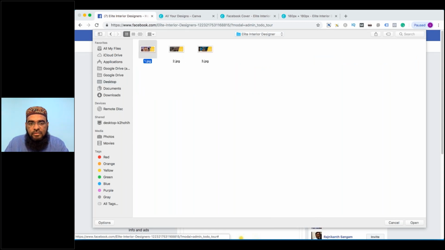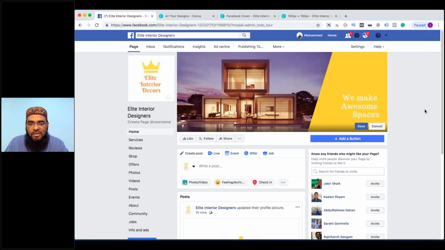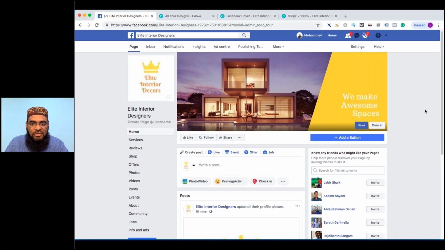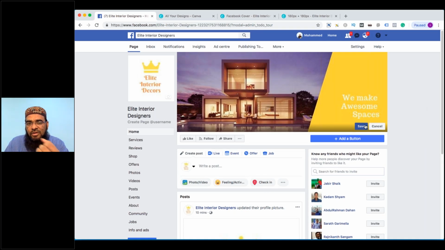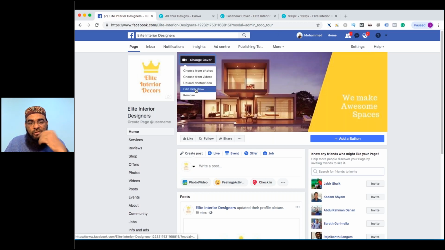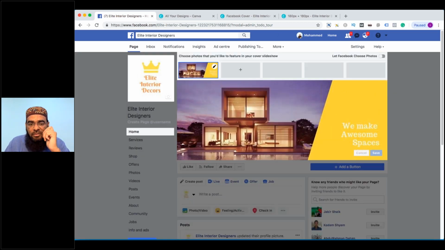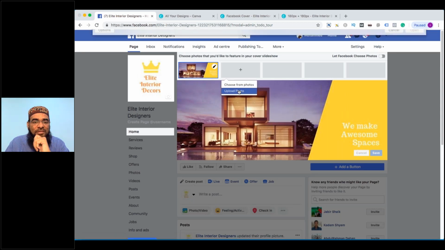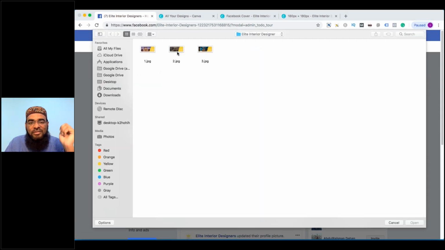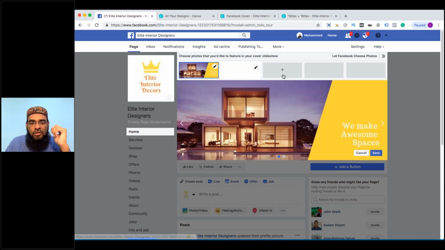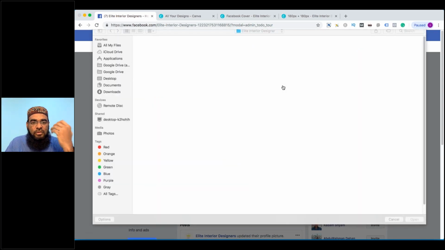Yeah, so that's the design, and see how it looks in the page. Looks nice. That's a single page. But see, as the wording is not good, you have to think about it. As I said, it's just a dummy project. I'm not really coming up with some ideas. Okay, so if you want to make it more awesome, edit slideshow. You can add multiple pictures to give a much better perspective of the variety of designs you do. That looks more awesome. Yeah, so that's a trend.